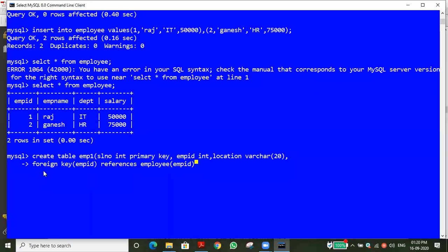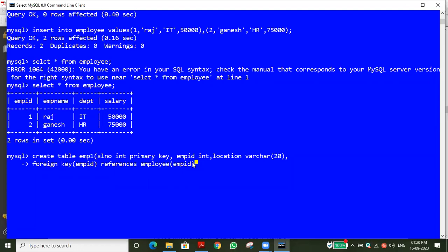A foreign key may be a primary key or unique key in the parent table, and it should not be a primary key in the child table.